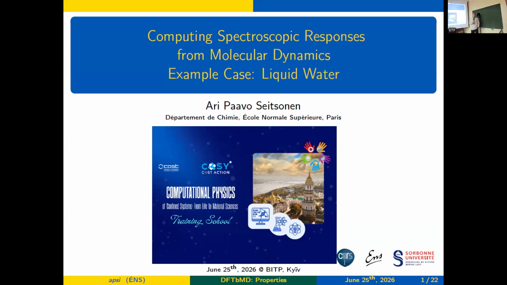I will talk more about the techniques and methodologies, because this is a school. I want to concentrate on some of the techniques. And here it's about wide resonance spectroscopies. They're not necessarily all limited to the case of wide resonance spectroscopies, and they are not limited to the case